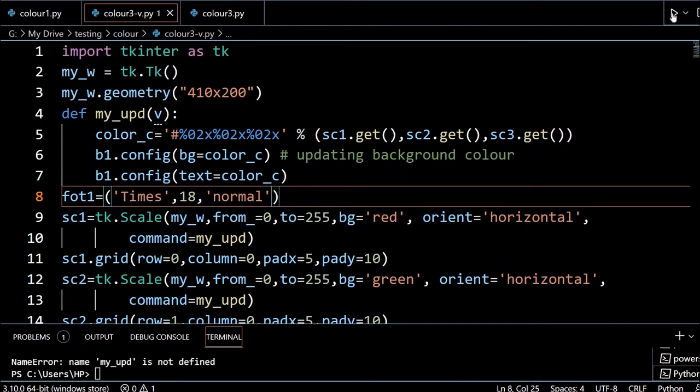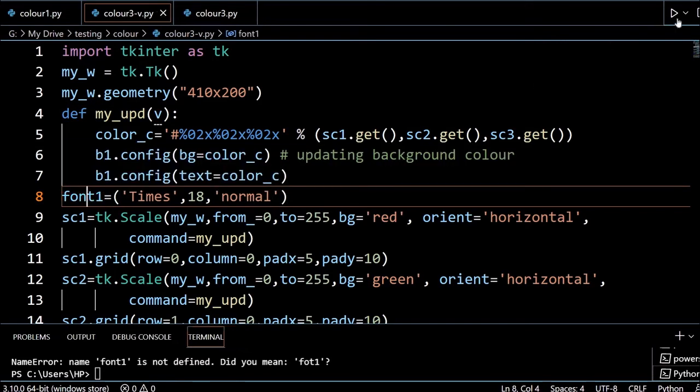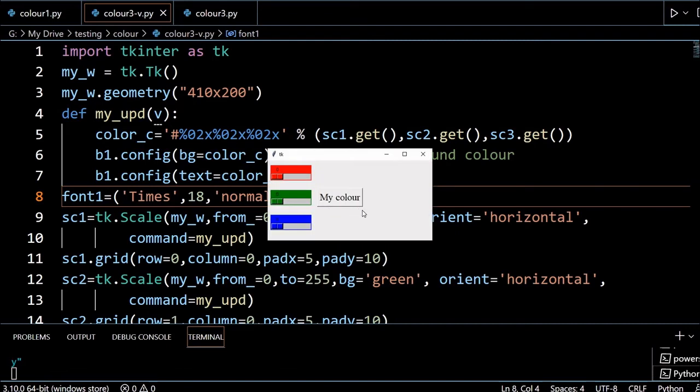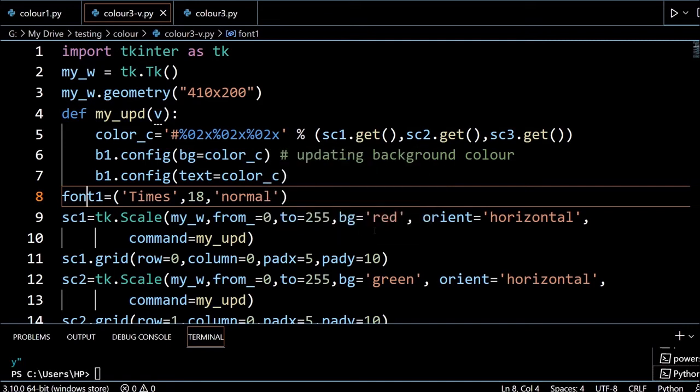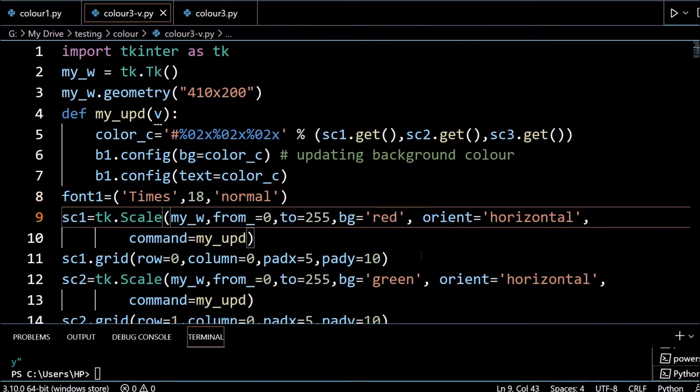So saved it. Now let's check this. Oh, sorry, here font. Wait, this is font 1. Okay, so let me run this. Yeah, here it is, but slightly bigger it is showing. Okay, so here you can adjust it also, the width and all. Sorry, I have not given width, that's why it's coming less here. So all are having some sort of length is, I'll give length. I have missed here, everywhere I have missed it. So command here I will give length.